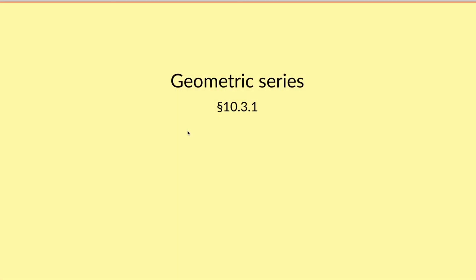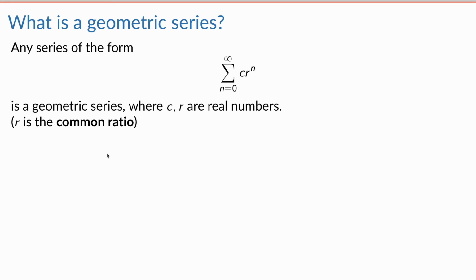Okay, so let's talk about geometric series. This is section 10.3.1 in the textbook. Let's start with the definition. We call a geometric series any series that looks like a constant times r to the n, where r is also a constant. Right? So for example,